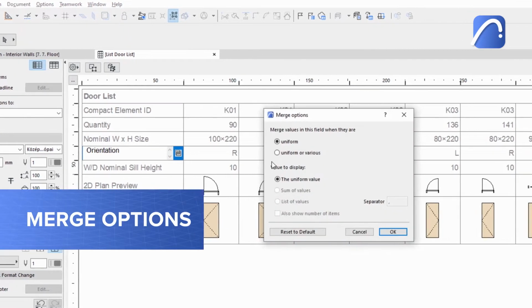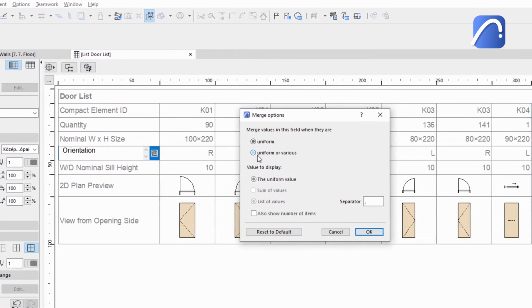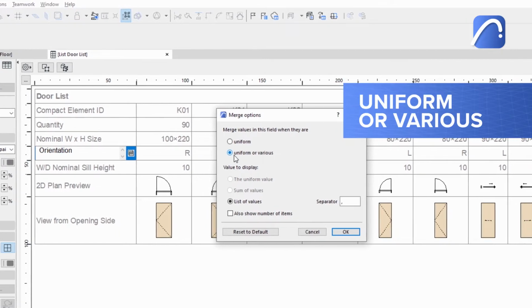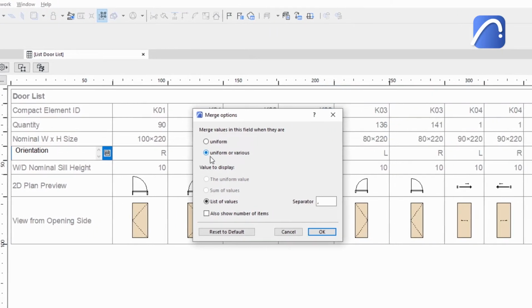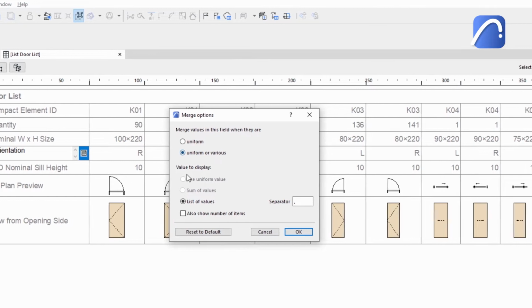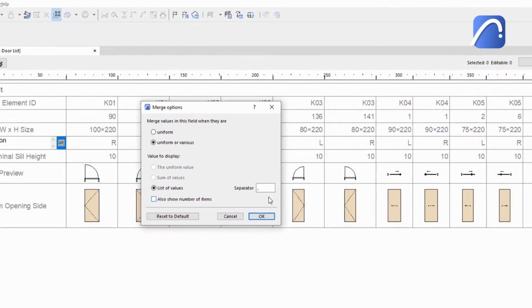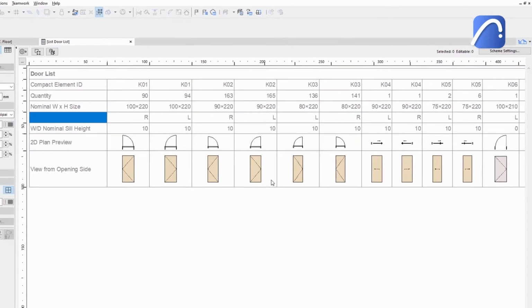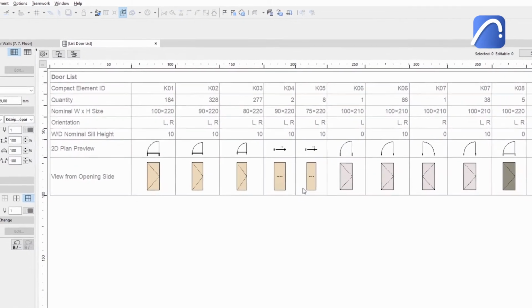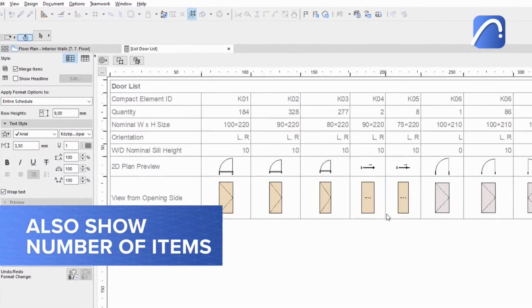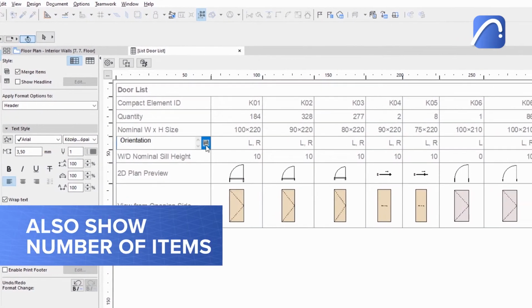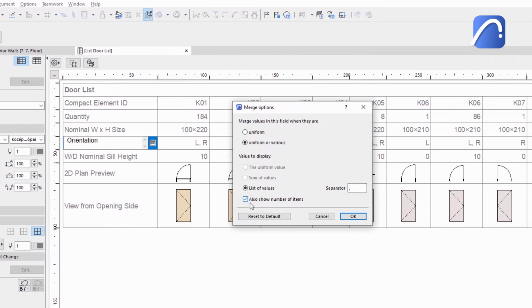We can specify whether we wish to merge only uniform fields or both uniform and various ones. We can also indicate the value to display, and we could add a separator character for better readability if we choose to list the various values in a single cell. If we check the Also Show Number of Items checkbox, the number for each different type will be displayed in